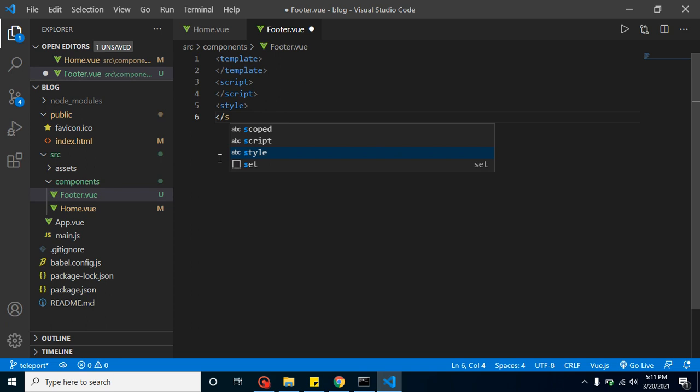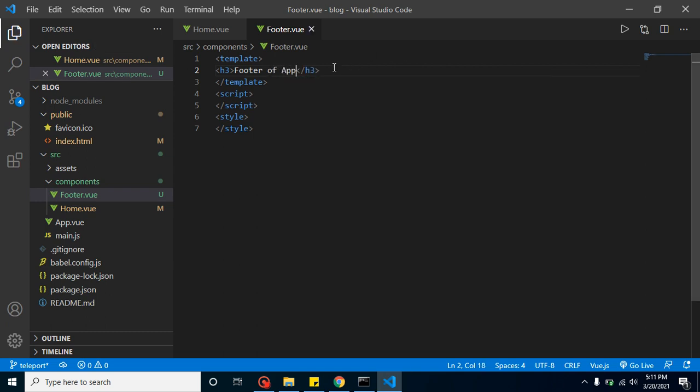Style, and here we can simply put an h1 tag, or let's say an h3 tag. Let me make it a little bit smaller. Let me write here footer of app, right? And I can make some p tag also.